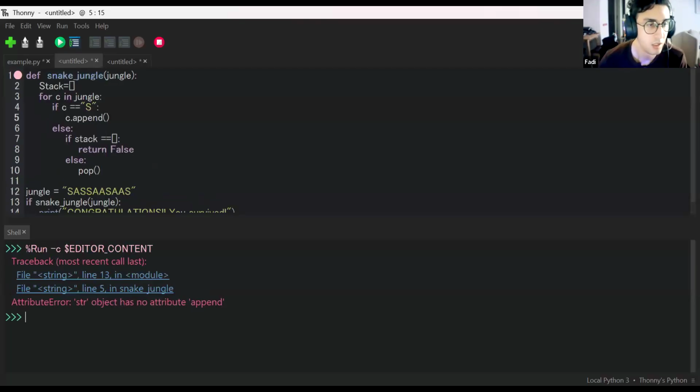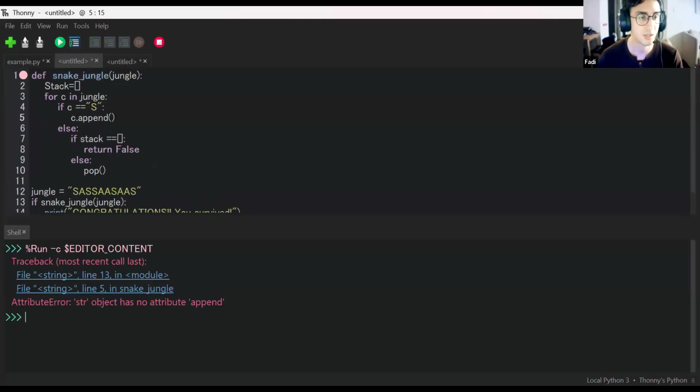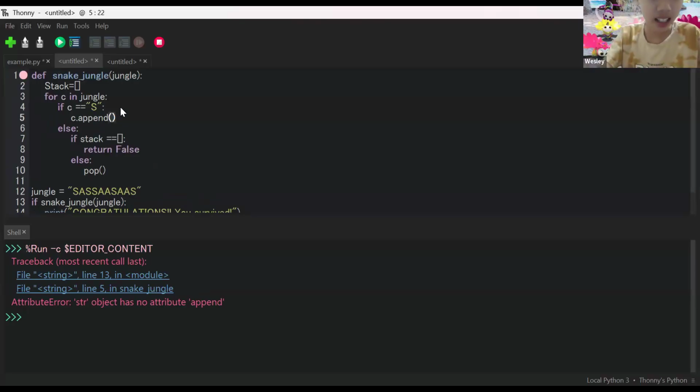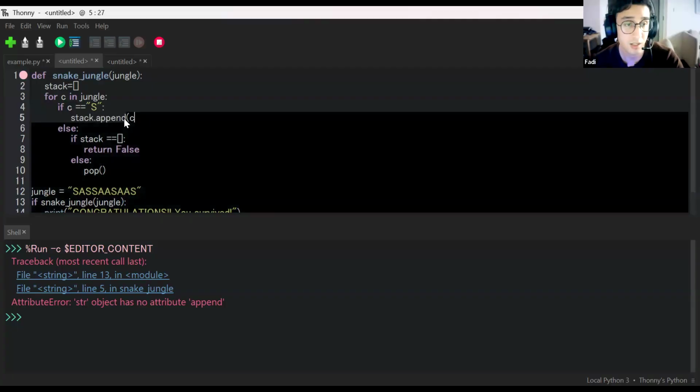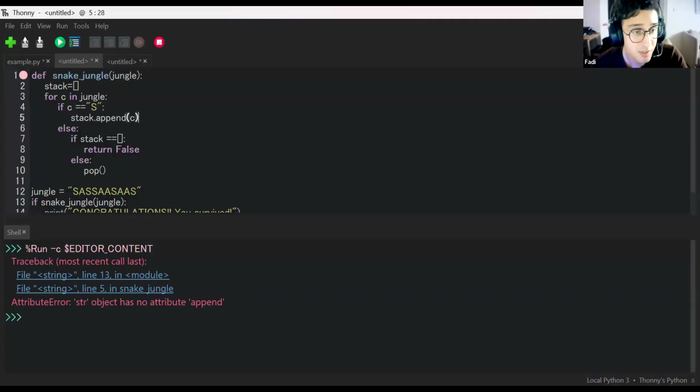All right. So if C is an S, listen carefully, Wesley. You have a small mistake. If the C is an S, what do we need to append and where? We need to append that C to the stack. So we need to do stack.append(C), not C.append. Yes, stack.append brackets C. Good. Else, if stack is